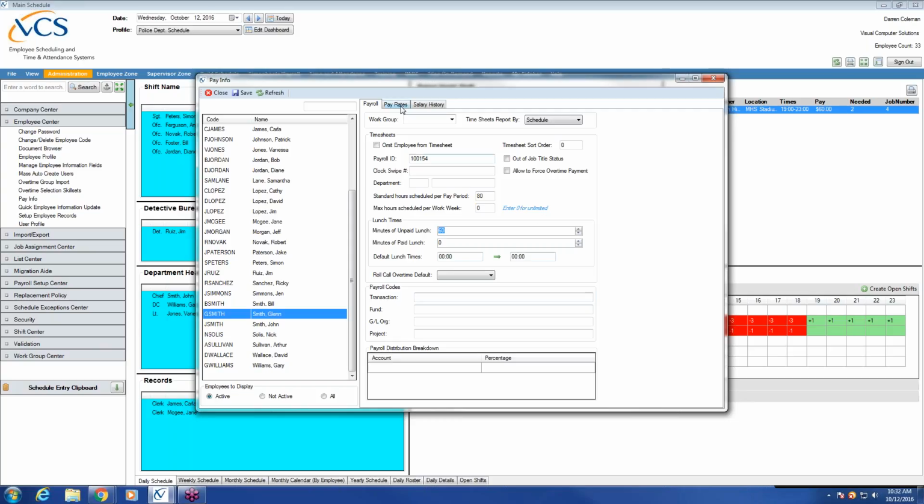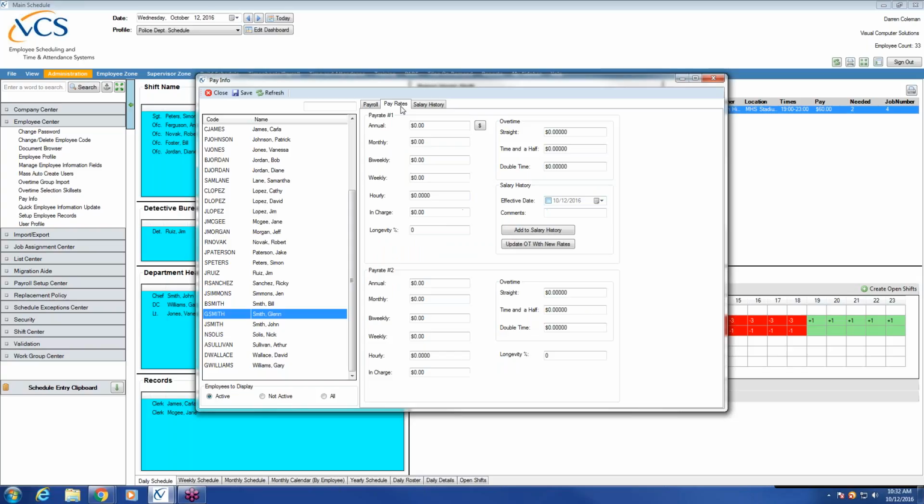Okay, we're not going to click Save yet. We're going to click on Pay Rates next. Now, pay rates are only used for internal reports. They're not going to be used for payroll purposes. In other words, if you plan on exporting out to a payroll system, 9 out of 10 times that's